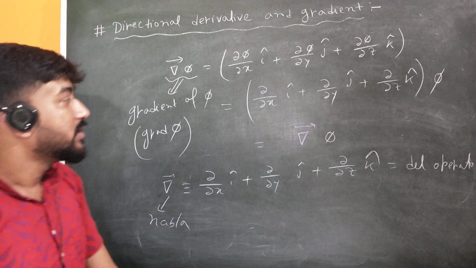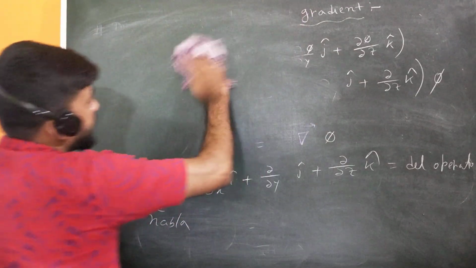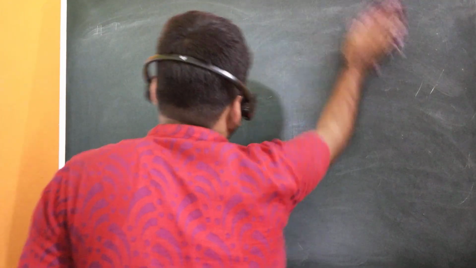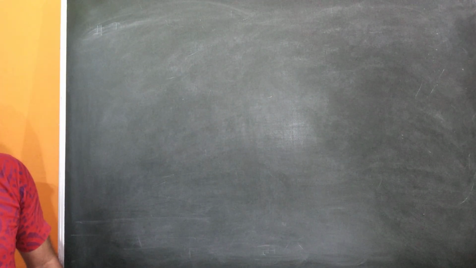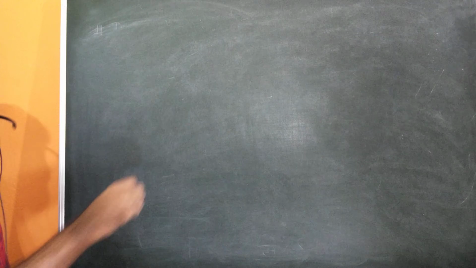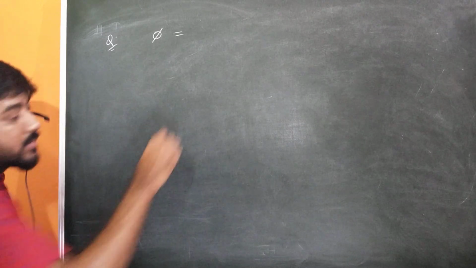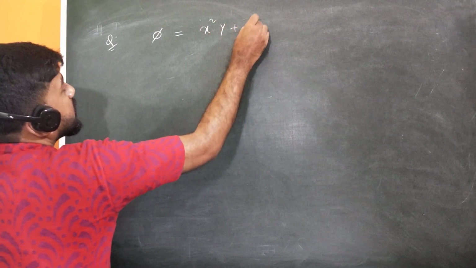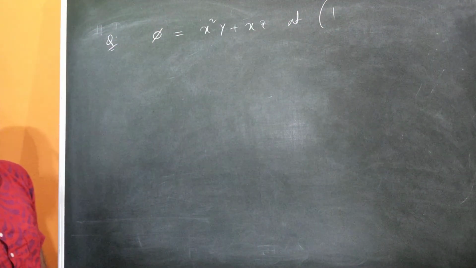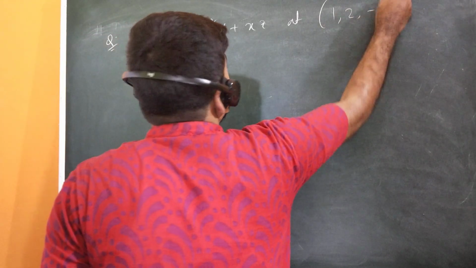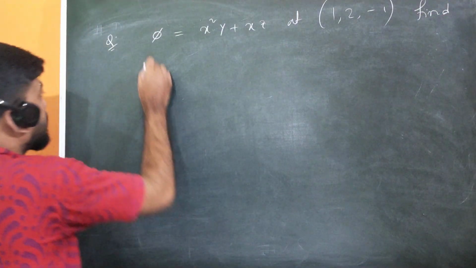Okay, so now let me see one example so that you can understand and apply this concept, because at the end of the day for competitive exams you have to solve problems. So let me take an example. Find the directional derivative of the function phi. The function phi is a function of x, y, z, and here it is given as x square y plus xz, and you have the point 1 comma 2 comma minus 1. Find the directional derivative,